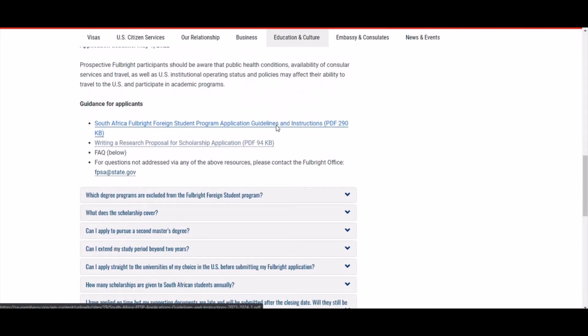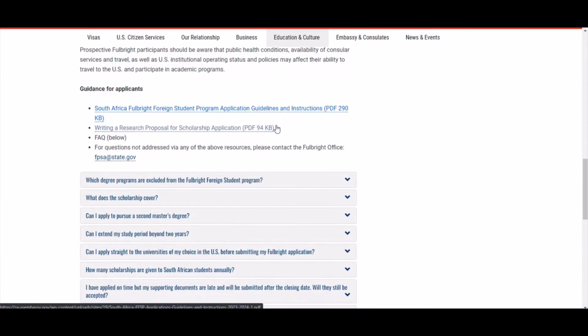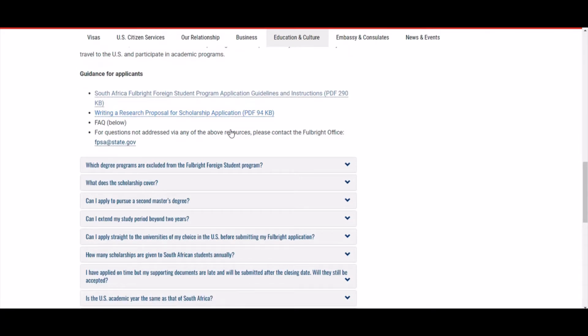As you see, here's the guidance for applicants. This is a PDF. If I click it, it takes me to another portion where you will see some information. This is the research proposal for applicants. So if you have any question, you just have to refer to this. That is the